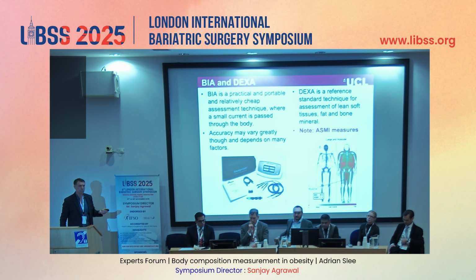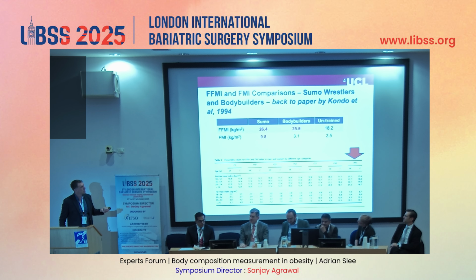And interestingly, just for fun, if you look at the 95th percentile, okay, for fat-free mass and fat mass index, the sumo wrestlers is 26.4 kilogram per meter squared, which is far over in that direction. Now, the fat mass index was higher, so again, comparing to these guys here, yes, it's in the high range, but not the same as the fat-free mass index. So this is the first important point, is we should be assessing not just body weight, we should be looking at lean tissue and fat tissue independently.